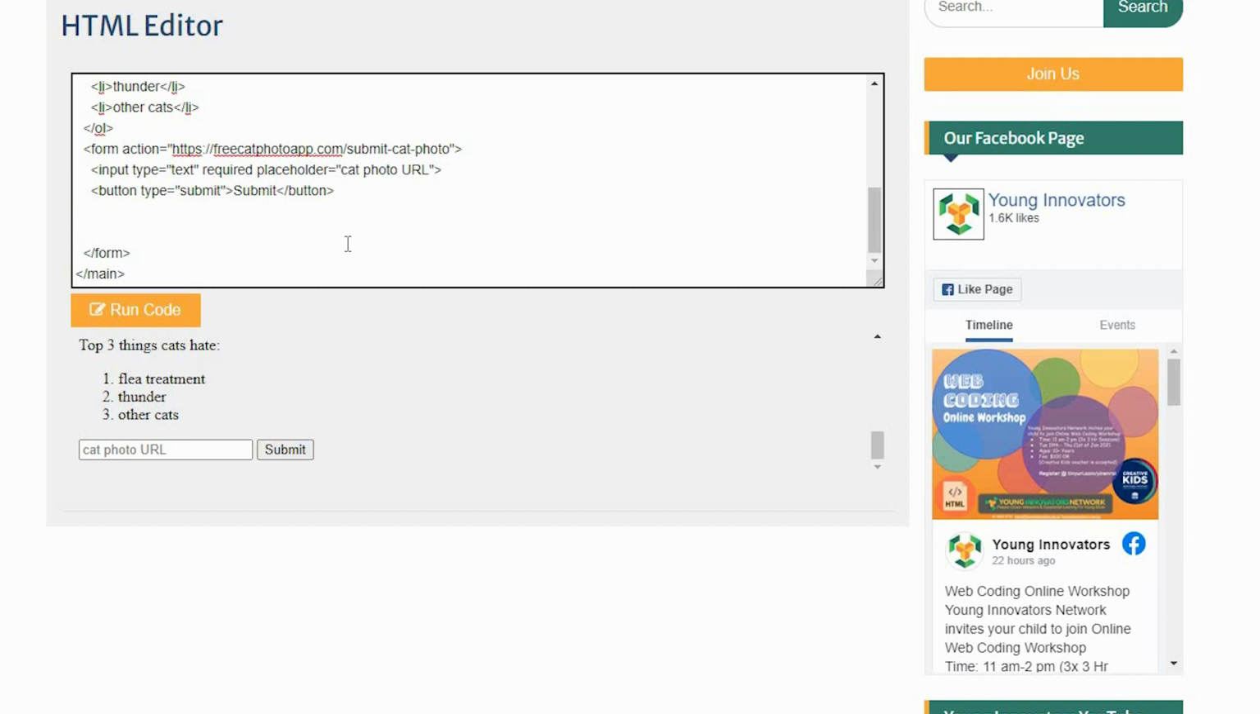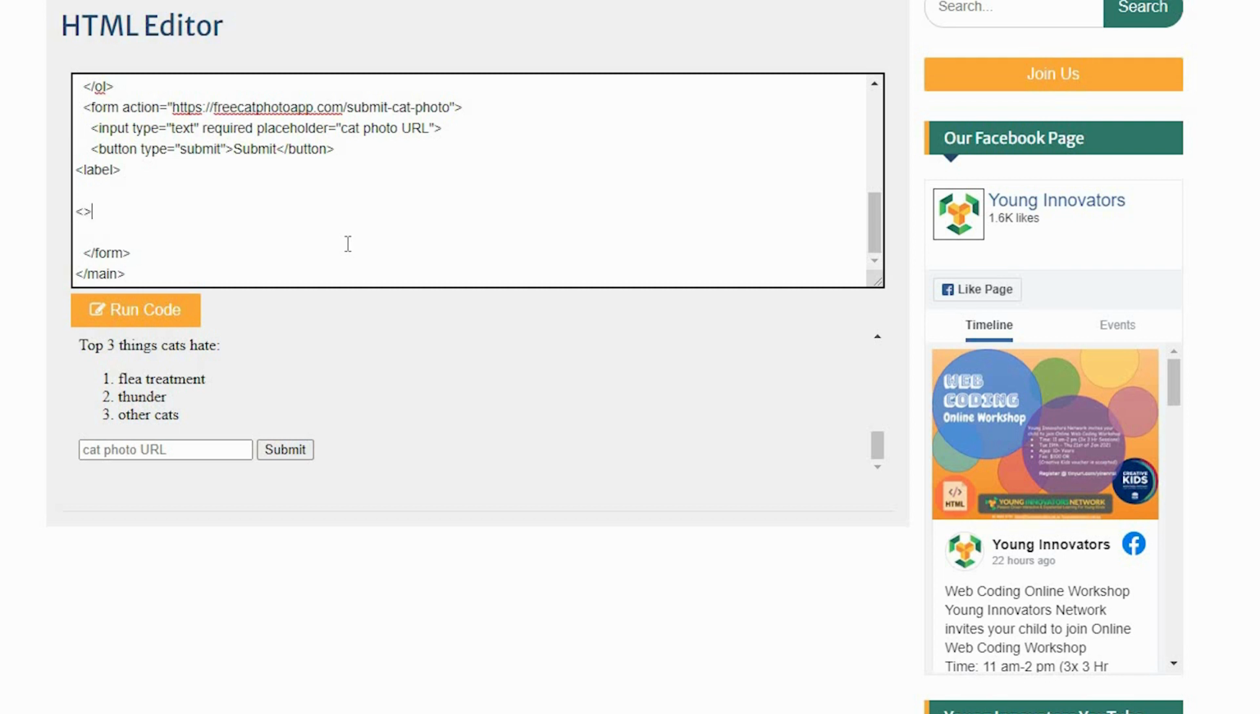so what we want to do is make a tag. This tag will be called the label tag. And then we'll make a slash label tag. I'll try and separate this from other code. Inside this tag, we type